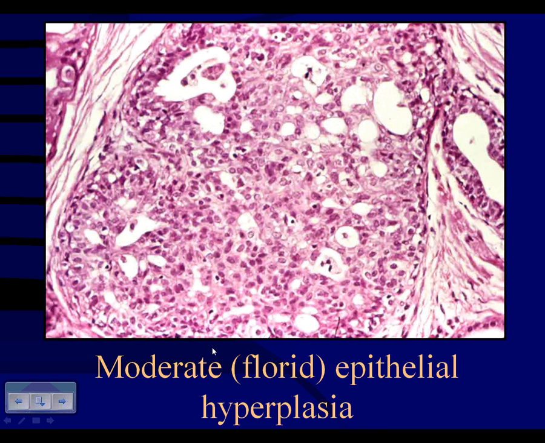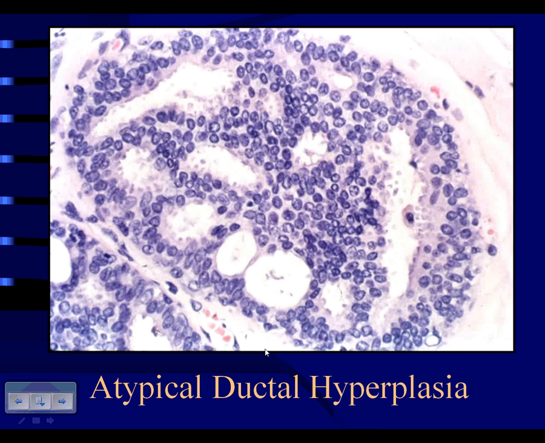In this duct, you've actually even got like a solid mass of epithelial cells that have undergone proliferation, but they're all benign for a variety of reasons I'm not going to go into in all that detail right now. Again, the differential here includes ductal carcinoma in situ, but this is benign for a number of reasons. And so this is an example of florid hyperplasia. It's not atypical. There's no cellular atypia here. And then here's one that's atypical,